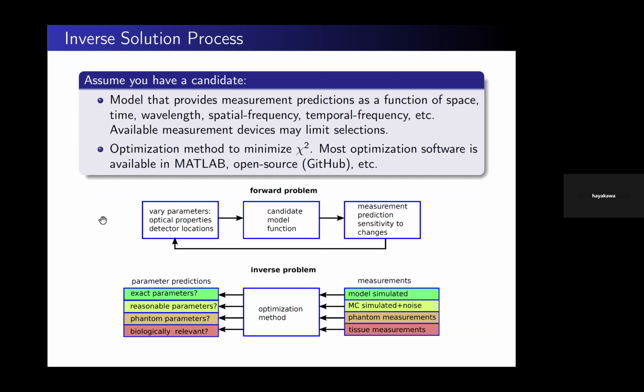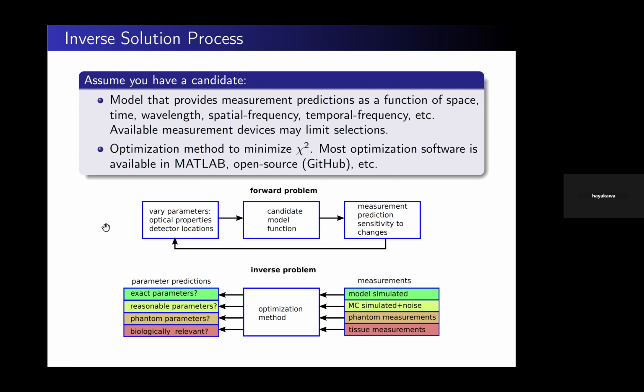So I wanted to talk a little bit about the inverse solution process. Maybe you have a model that you feel gives you predictions for the appropriate measurement that you're trying to invert. Sometimes people just jump right in. They take the measurements and say, hey, I'm just going to use this right now with my model and get the exact